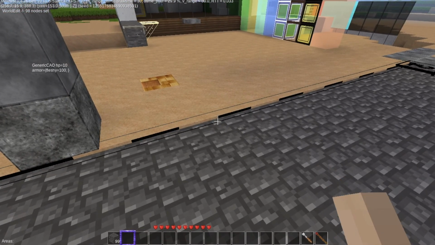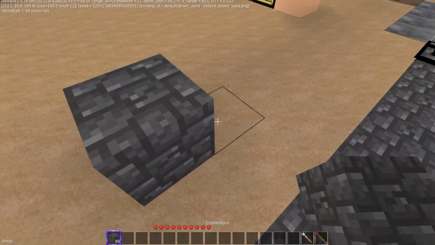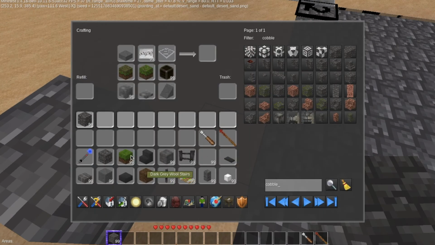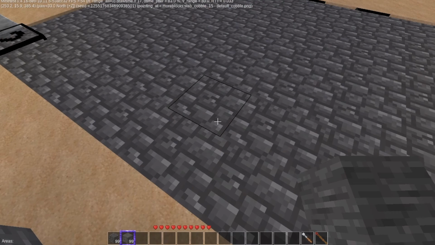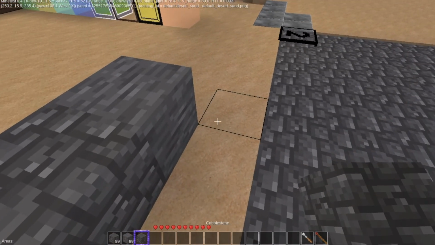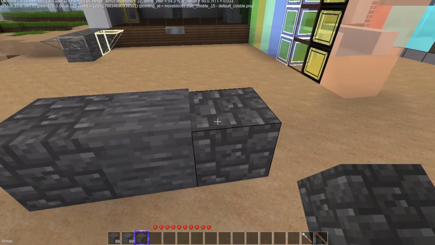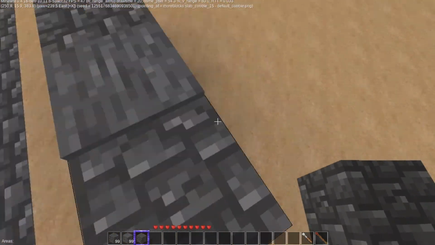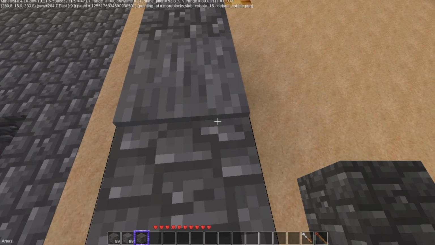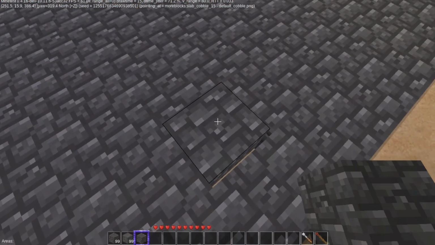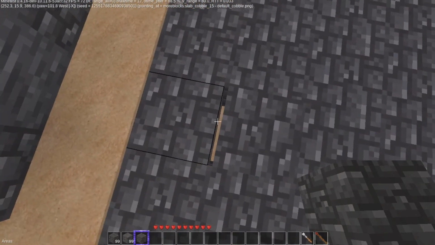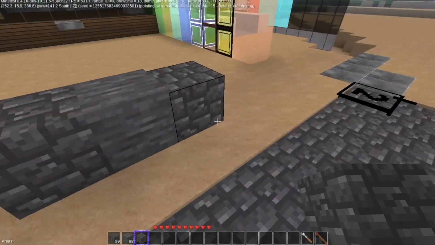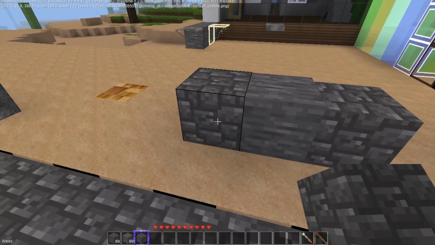Cobblestone. Yes, I'm re-recording this because I did not like the way that the first one came out. So I'm going to put a stone block right next to it, and you can see that they're the same level. If I grab one of those and put it on the other side, you can see how that is not the same block. It's a little shorter. I'm not sure why that does that, but this has bitten me before. You can see the gap right there. So how we rectify that is, this is default